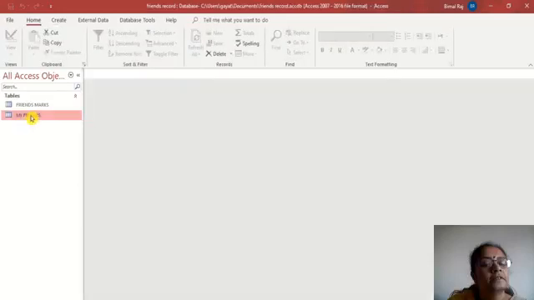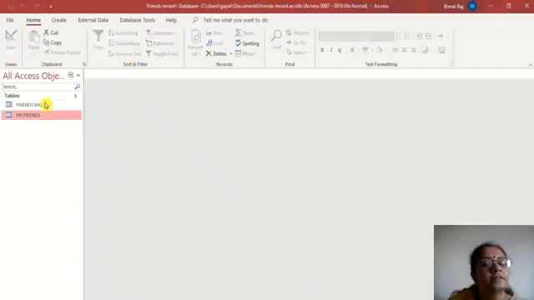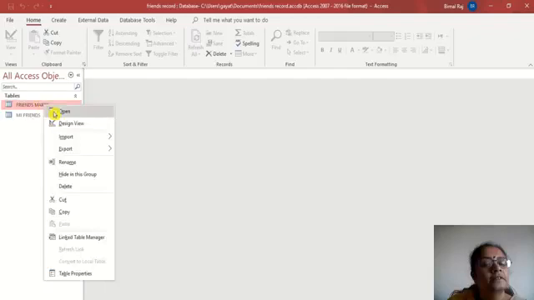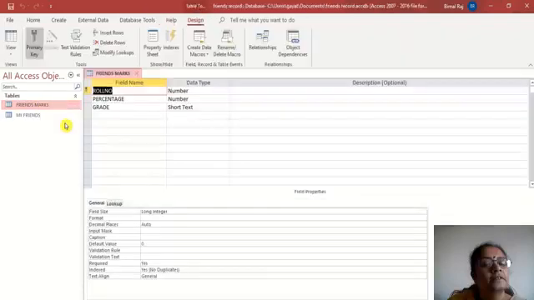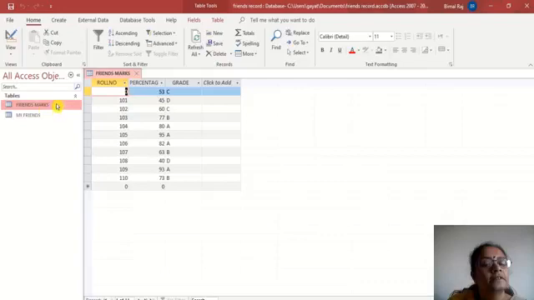Now I have also added 10 records as specified along with the name, age, etc. Now the next table is the friends marks table. Again I right click, go to the design view and I can see roll number, percentage and grade. Along with this I have also given the 10 records, the same roll numbers, name and the percentage and the grade.